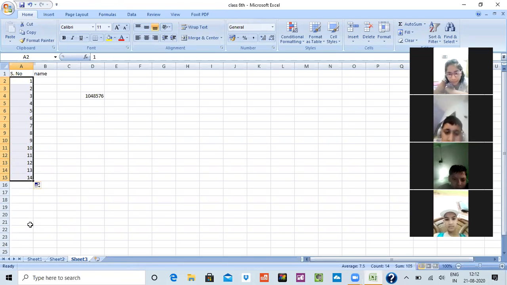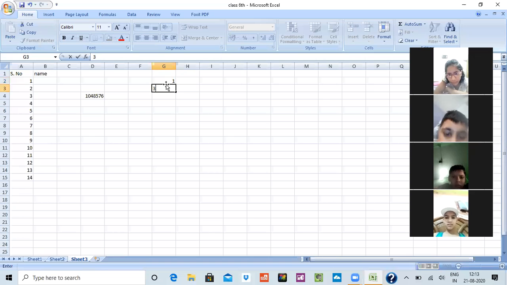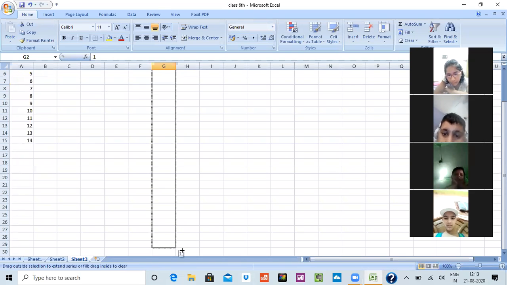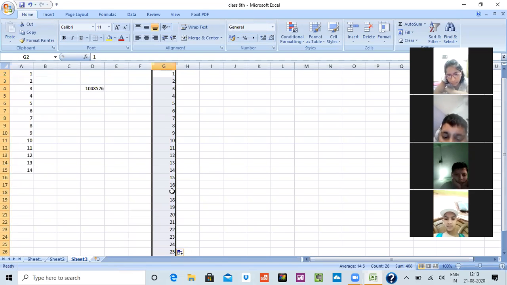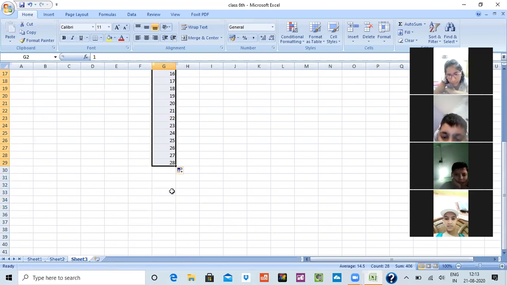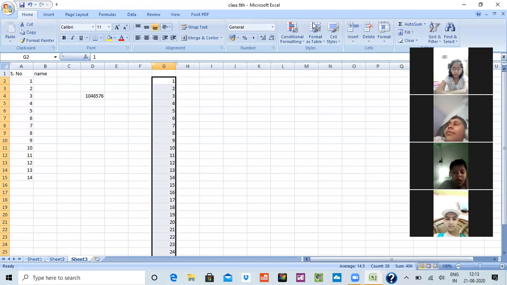I have done fill the series and automatically it has changed to the numbers. This is known as autofill. I can do it again. Like I have written 1, 2. In the next I have written 3. I have to write the numbers. I'll go on this, select it, click on it and choose fill the series and see all the numbers are written by themselves. I have not done anything. So in this way, you can do the numbers also. Okay. For today, we would be studying only this much.